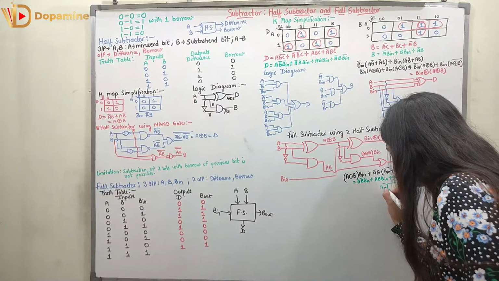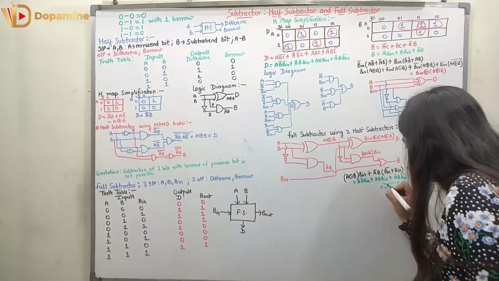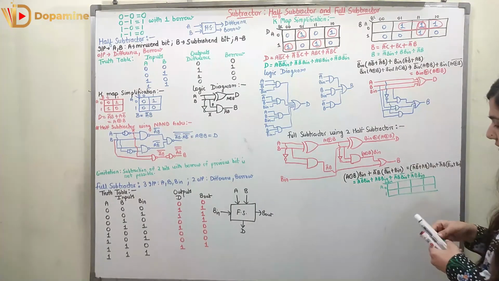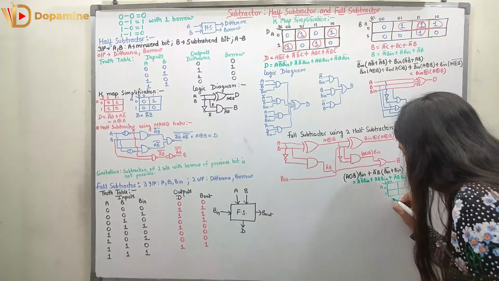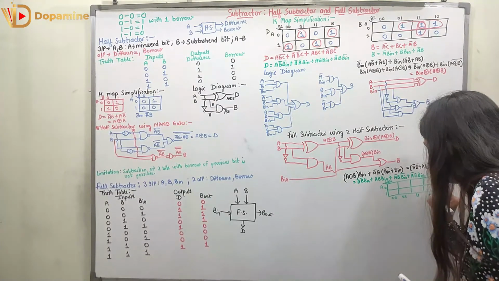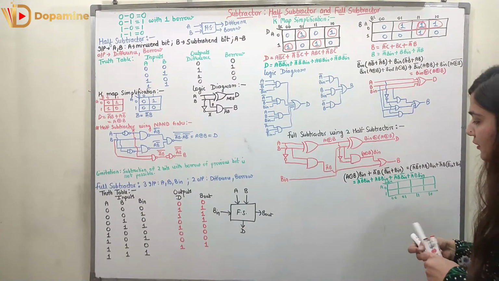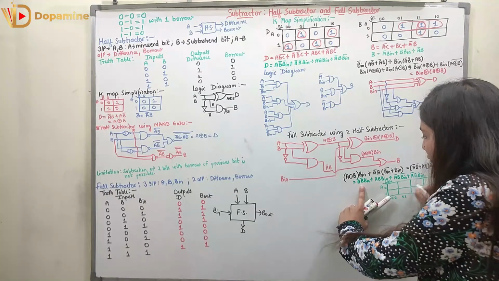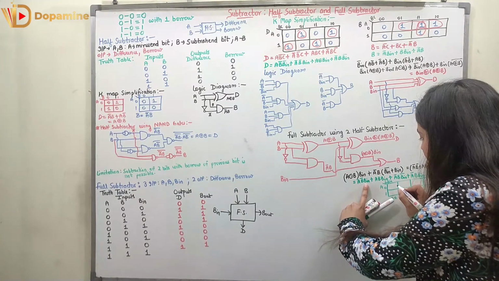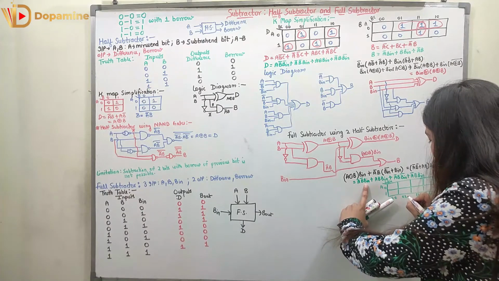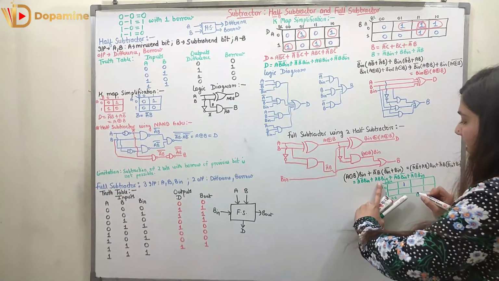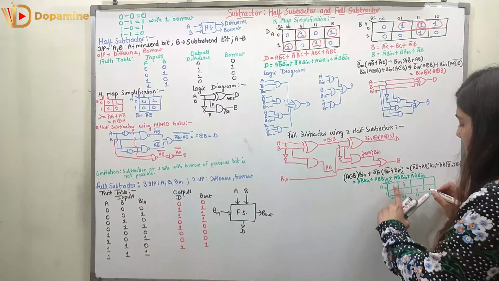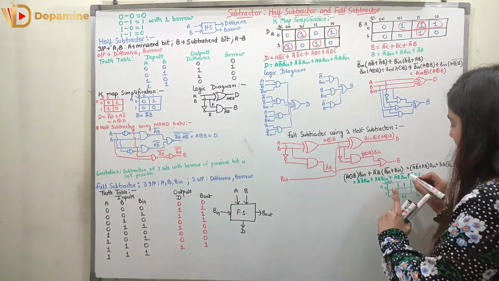So this is A, 0, 1. And here I will be having B and B in, right? So we will be having 0, 0, 0, 1. I will write over here 0, 0, 0, 1, 1, 1, 1, 0. Let's put the values. Now here we will be having A bar, which means the upper row. Now B bar into B in, it is 0, 1. So 0, 1 is this. So here I will be having 1. A, B, B in. So all of them are 1. It is here. Right?